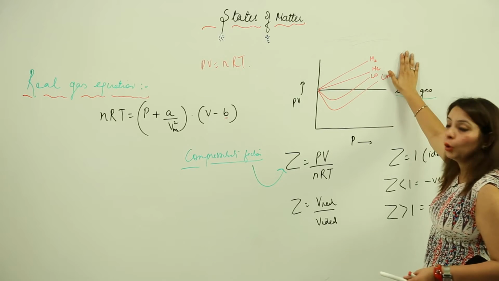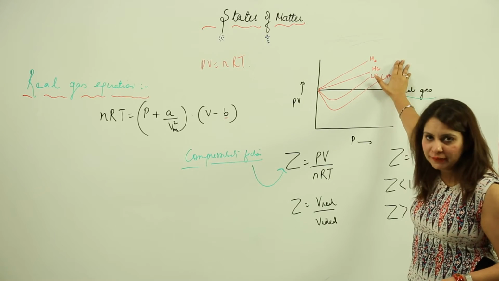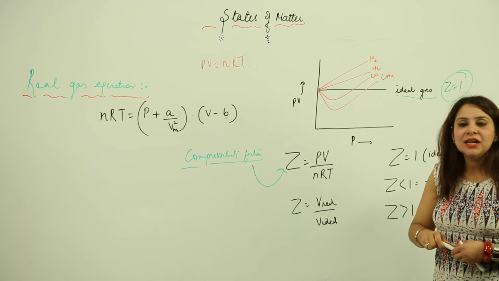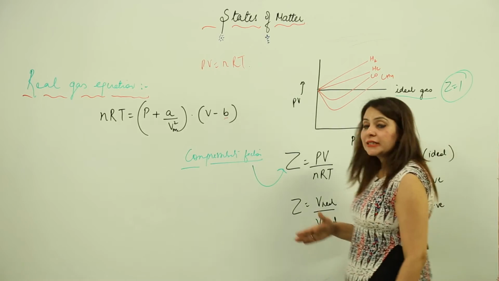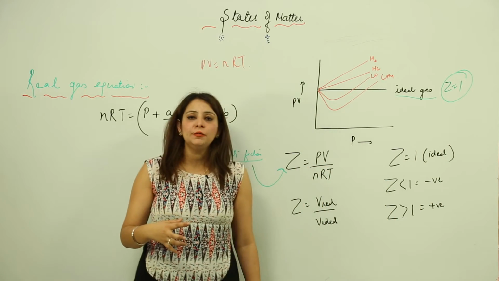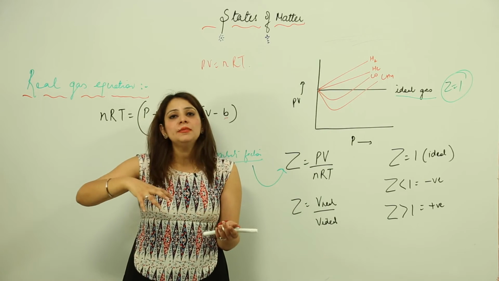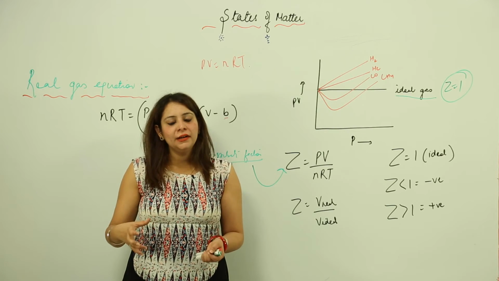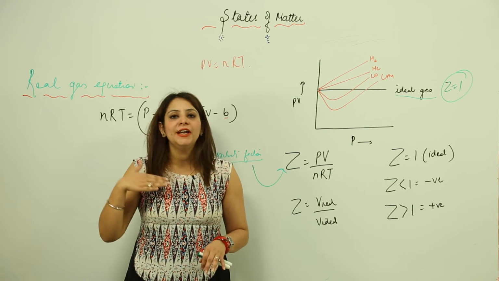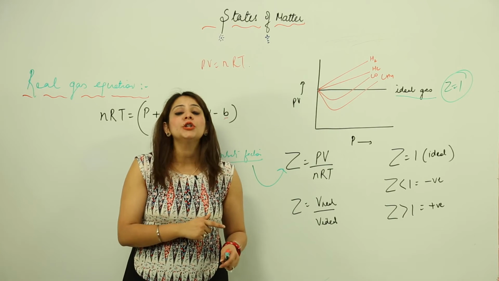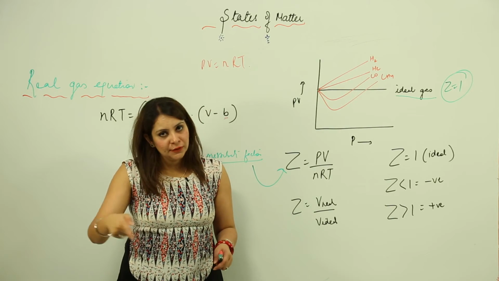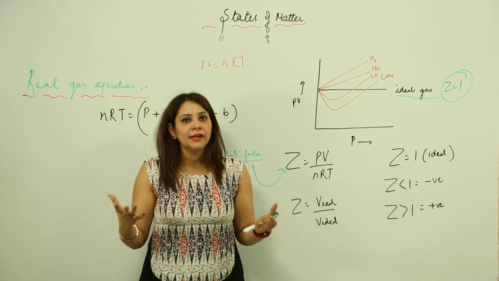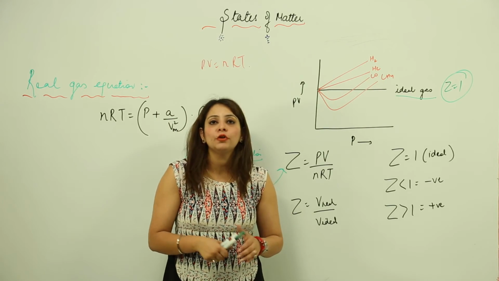Now, to know how much a gas deviates, we have the compressibility factor. For an ideal gas, Z is equal to unity. We have seen that some real gases deviate from ideal behavior to a large extent, and some deviate to a very small extent. All gases do not deviate in the same manner. We can compare the compressibility factors of different gases to get to know how much each deviates from ideal behavior.